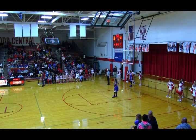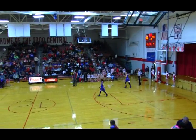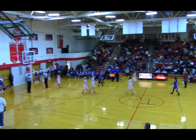A further examination of the net says that it's not done. They're going to have to get the ladder and fix it. Well, both teams coming to the